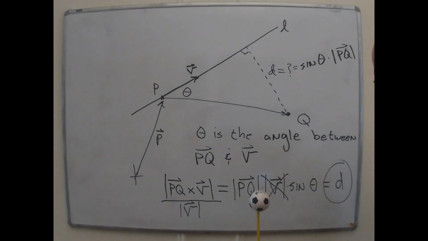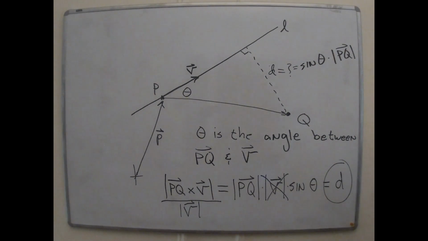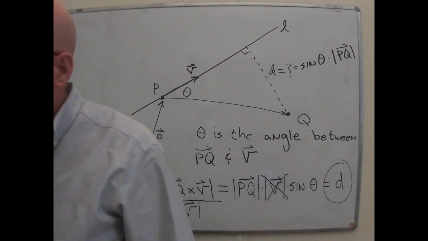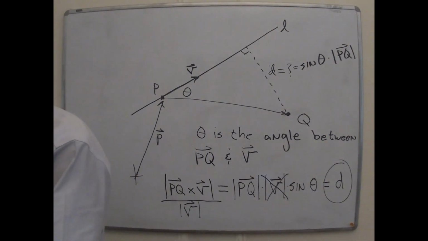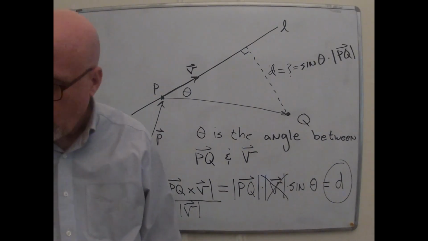So let's get on with doing that. It's going to follow a similar pattern to what we did a second ago. We're going to first figure out the equation of a plane, and then use it. And the thing that will take the role of the velocity vector in that is the normal vector for the plane. Okay, so,